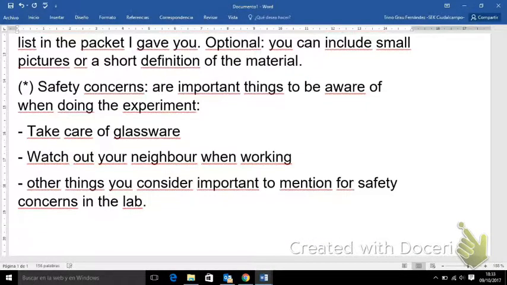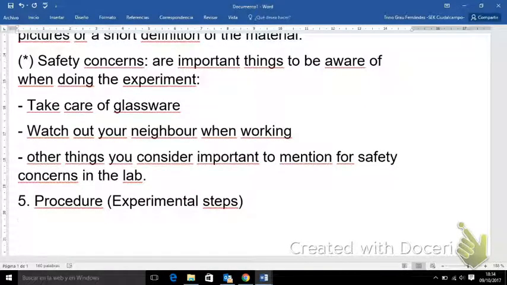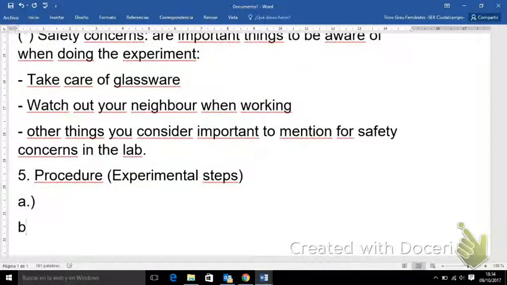experiment. So after the safety issues, safety concerns, you do the procedure. Okay, the procedure is the experimental steps. Okay, so here in the experimental steps, you need to include all the steps that you follow during the experiment. Okay, so normally you name the steps by 1, 2, 3, or A, B, C, and once you have done all the steps, in each step you can include